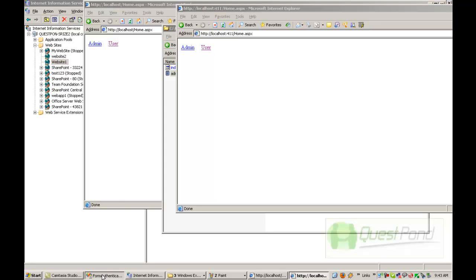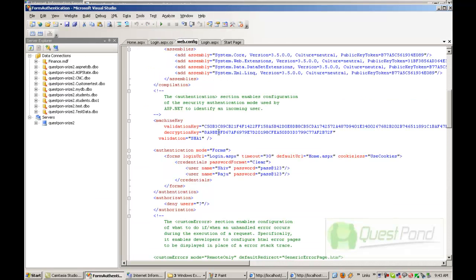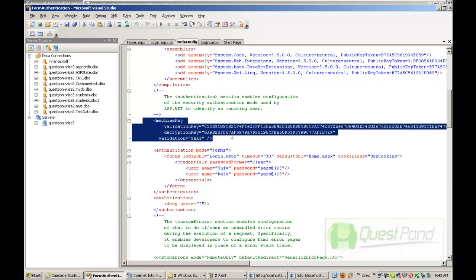One of the important points to revise is that you need to ensure the machine key is the same for both websites. Now, one question you might ask is what if it's a PHP website, or an old ASP website? How does single sign-on work at that time? For those scenarios, forms authentication as such is not available in PHP or other technologies. But you can use some kind of web service which acts as a common mechanism to check whether the user has logged in or not.